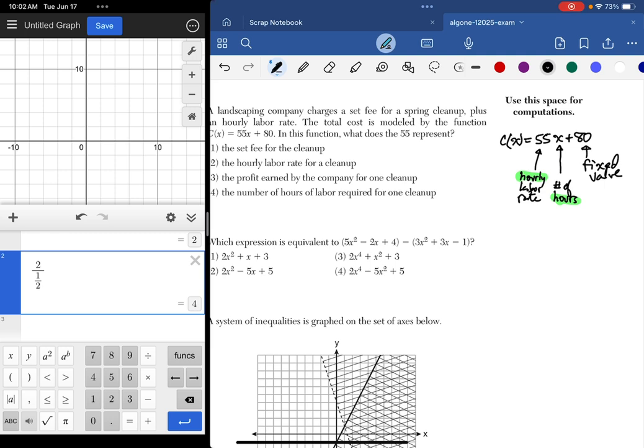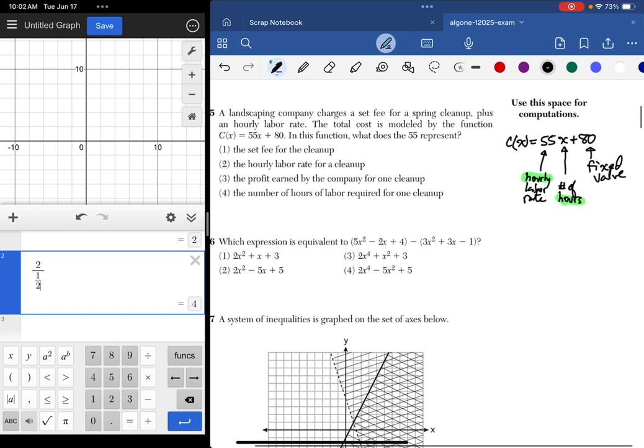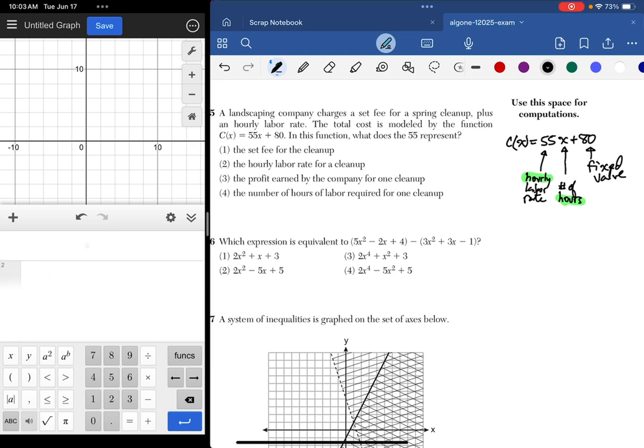Now, without even looking at the choices, we could evaluate our function. We can put in an x value, for example. If I said x is equal to 0, then that would mean that if I spent no time doing work, it would still cost me $80, right? So it's going to cost 80 plus 55, so what is that, $135 for 1 hour of work. It'll cost me another 55 on top of that, so it'd be like 190, I think, for 2 hours of work, and so on, all depending on how many hours you're working. So that's the input-output kind of thing going on there.